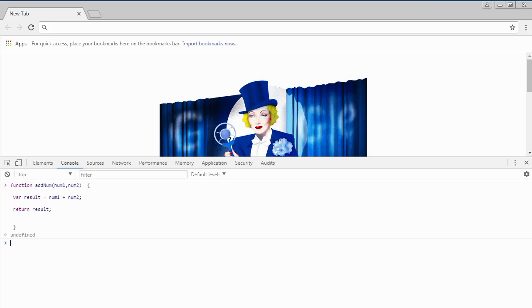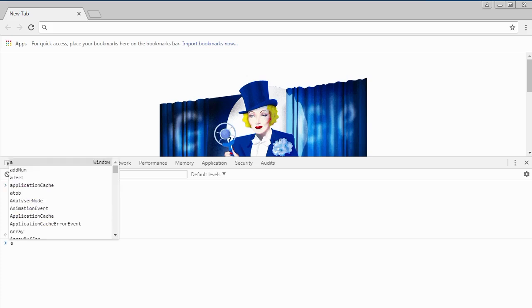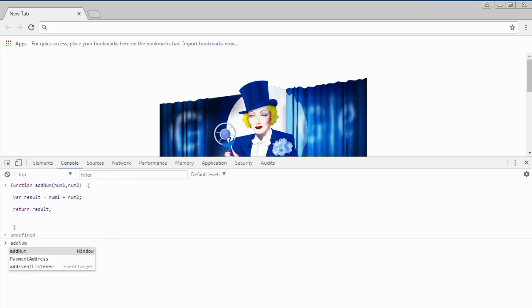Now to invoke this function, now that I've created it, all I need to do is call the function by its name, which is addNum, and then you must add the parentheses, and then I'm going to pass it two values because I've got two arguments there. So if I say 10, 20 and I close the parentheses and I press enter, that will add 10 and 20 together and give me